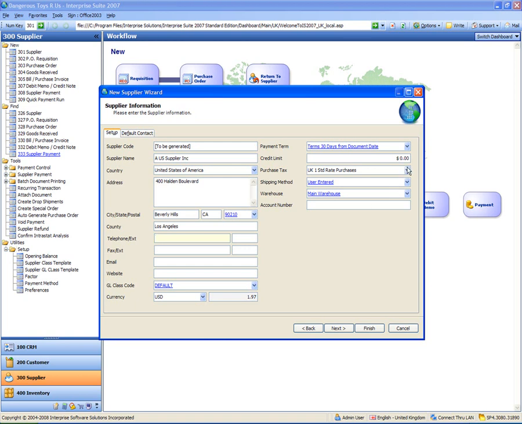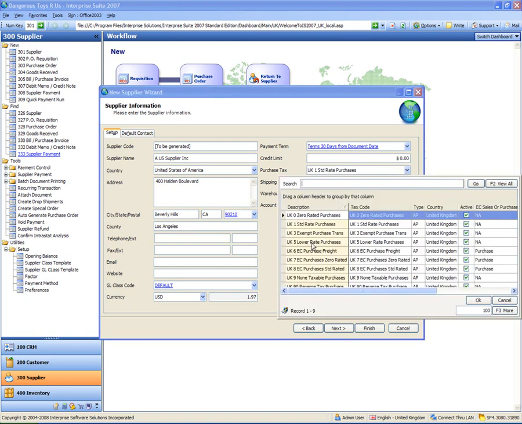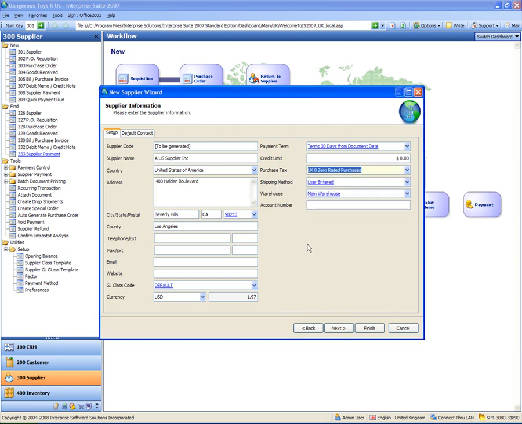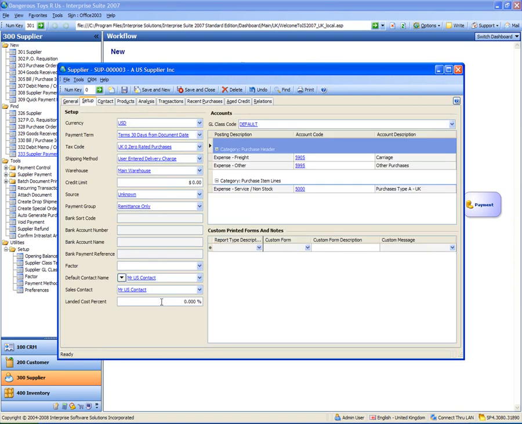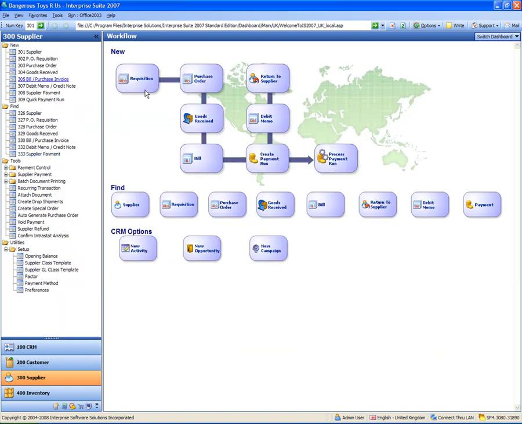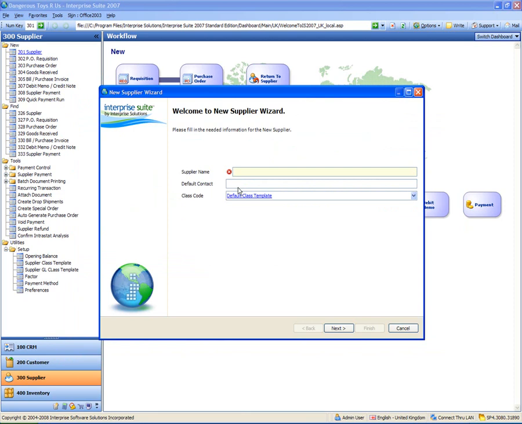I need to change the tax code as well to be correct, which is the 0 rated purchases one. Okay, so when I've finished, I'll click the finish button, which will again close the wizard and show me my supplier record. If I go into setup, I can see the details I entered there, see the US dollar and everything, my tax code, etc. So I'm going to save and close on that, and I'm going to create one final supplier,